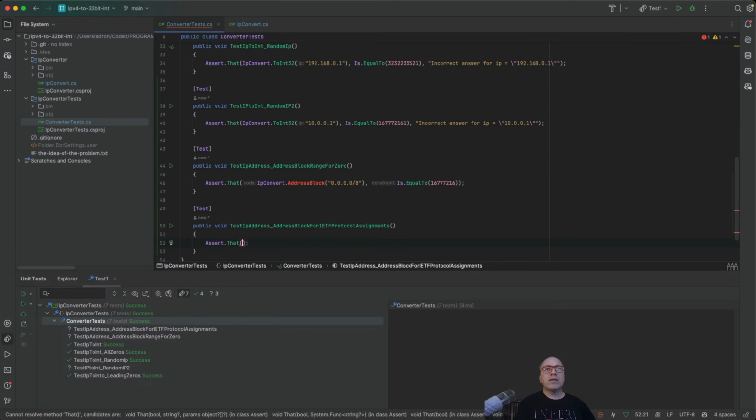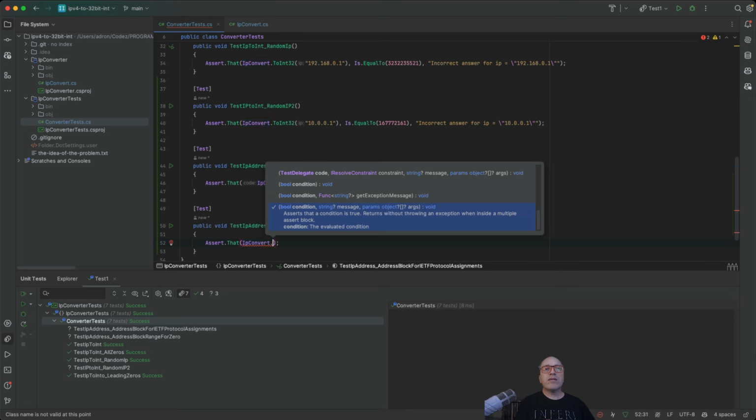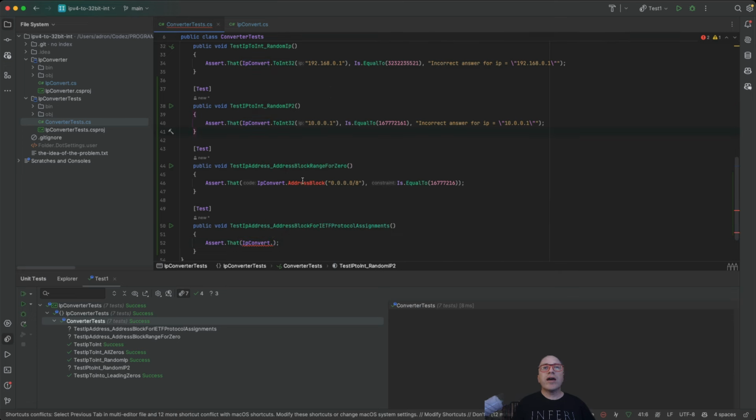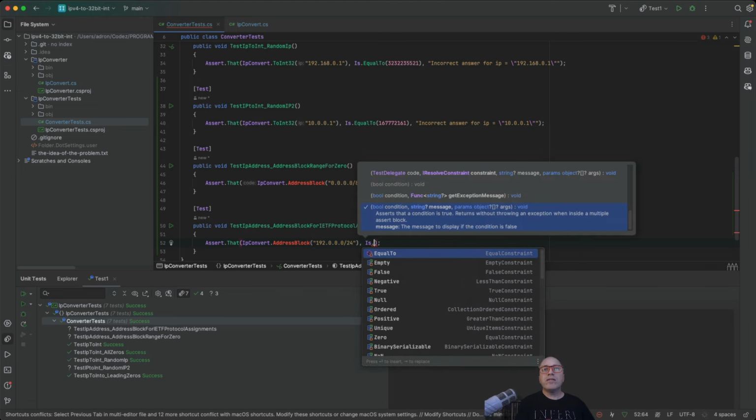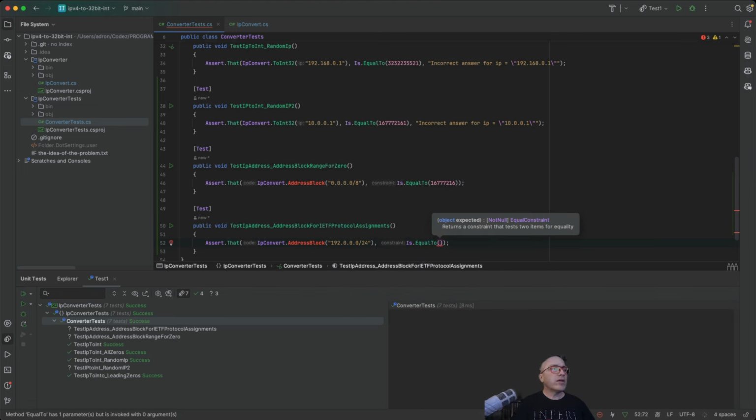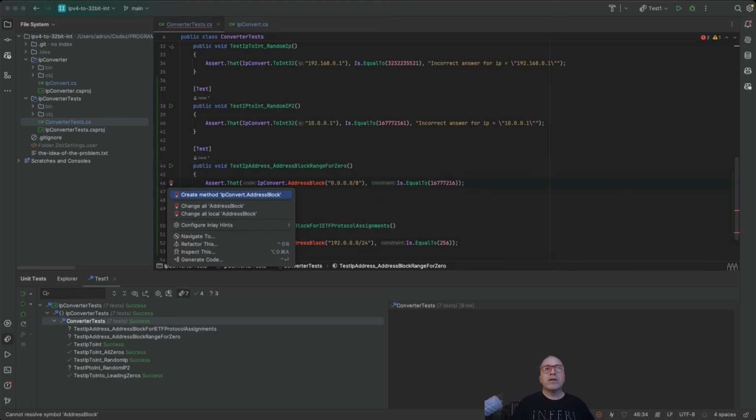That. And then we got IP convert dot, what was our method? What do we call it? Address block. And in there, we're going to have, what's here, 192.0.0.0/12. No, I mean 24. That's what it is. And then here, I want that it is equal to 256. Okay, so now I'm going to do this, create method,